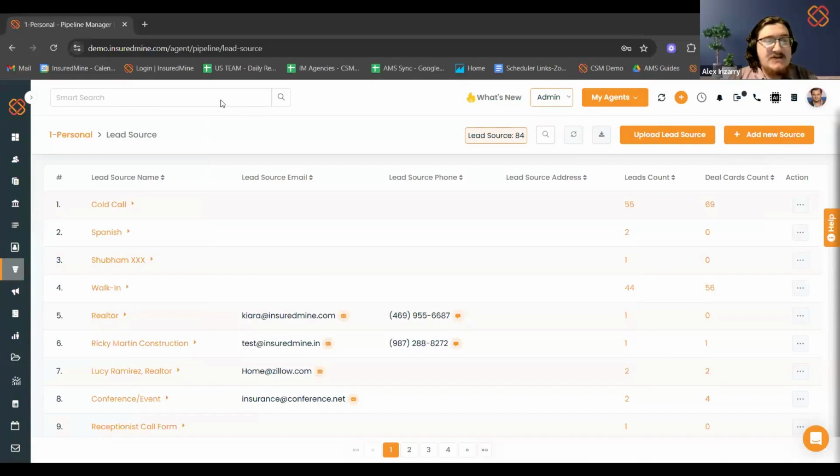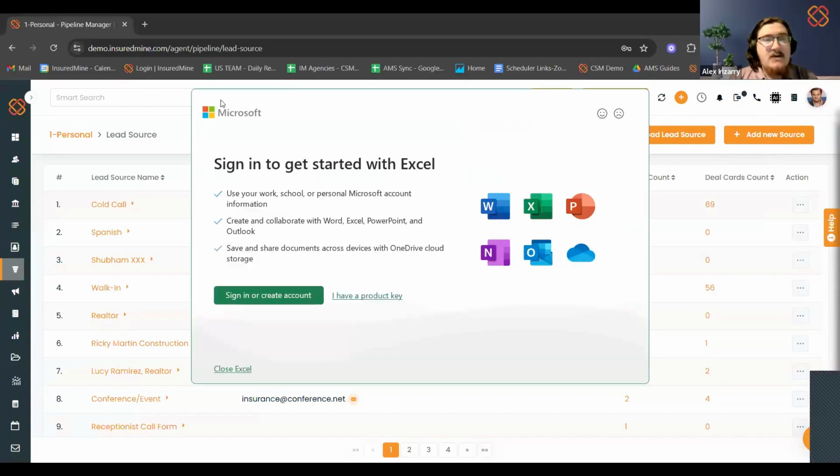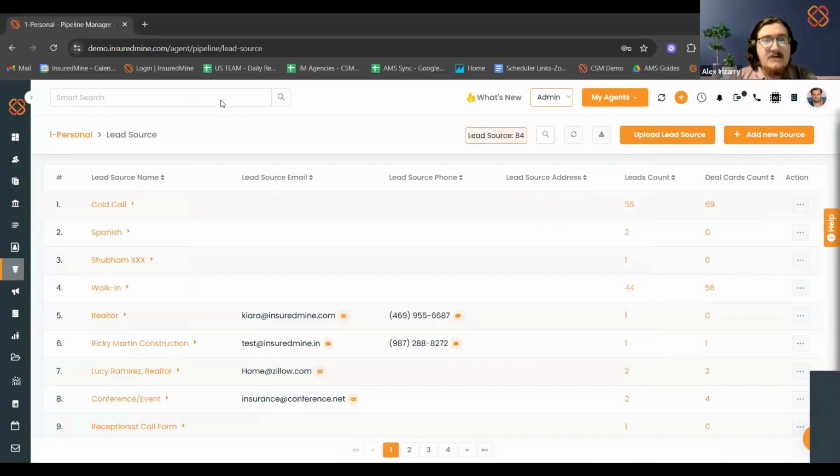So we can see the child source is listed here. It will have its name. We will also see the total lead count and deal count that is associated with this source here. In addition, we have also added the ability to track that on